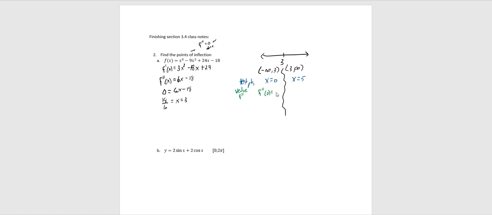0 minus 18 is pretty negative. Oh, negative. So that's going to be concave down. So I draw a little upside down, it looks like hair